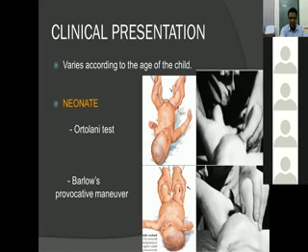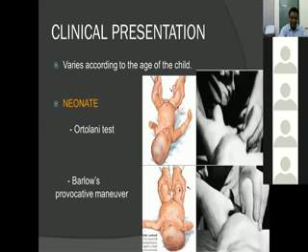Same thing, when the baby is supine, the hip and knee are flexed to 90 degrees and the affected limb is held with the palm, with the thumb on the medial side of the femur and the index and middle finger over the greater trochanter. You flex and adduct and put pressure along the axis of the femur. If the hip is unstable, you will feel a click and the hip gets dislocated. So these are the two tests which can be done in a neonate. This is how one will screen an unstable hip in the neonatal period.